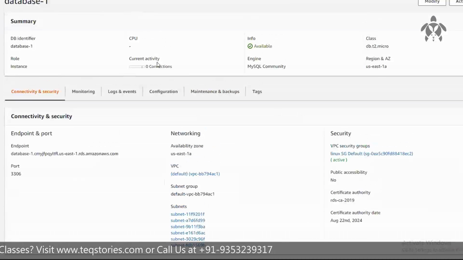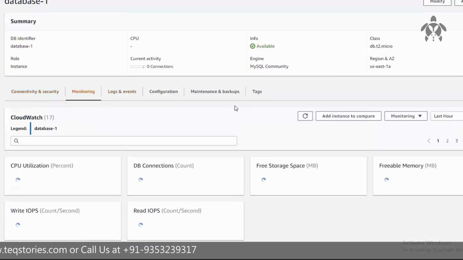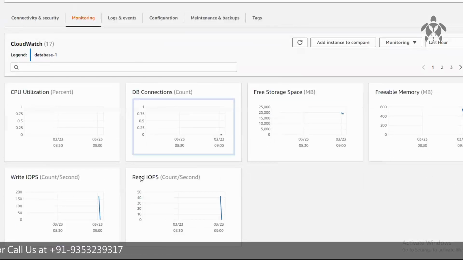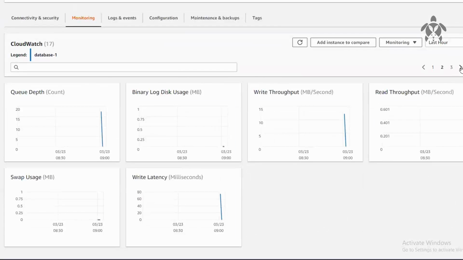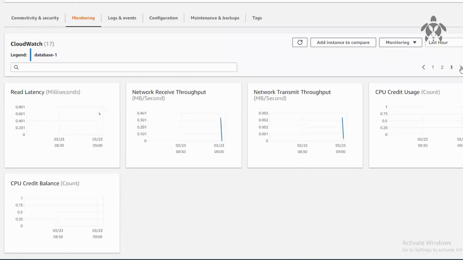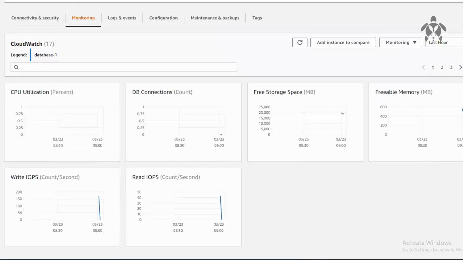All these things are just being displayed over here. If you come to monitoring, you'll find these CloudWatch monitors, right? You can see these are all database-specific. There are 3 pages of monitoring, and all of it is database-specific monitoring. In an EC2 instance, you will not find exactly these monitors, whatever you're finding, but this is